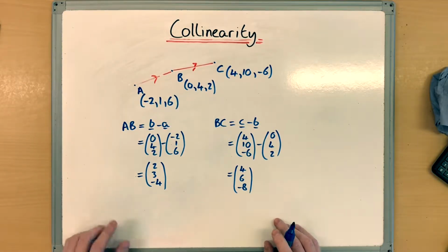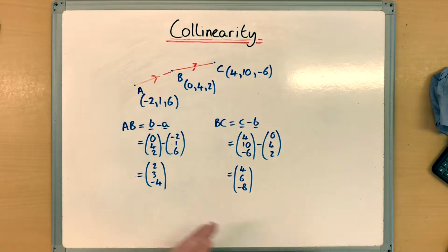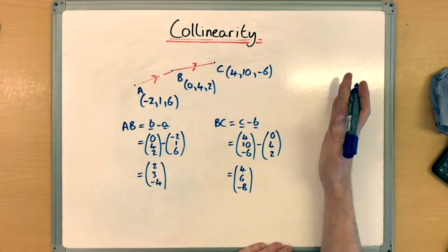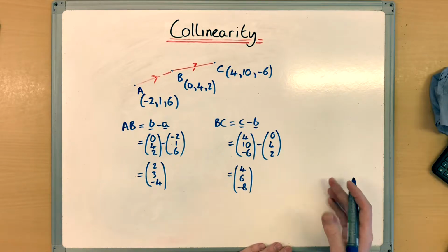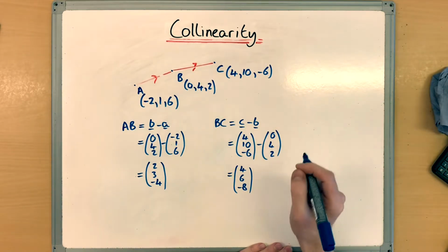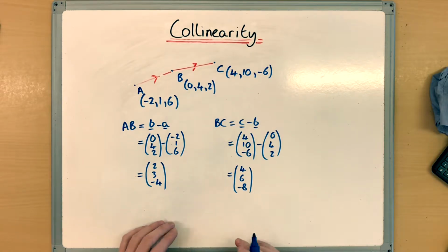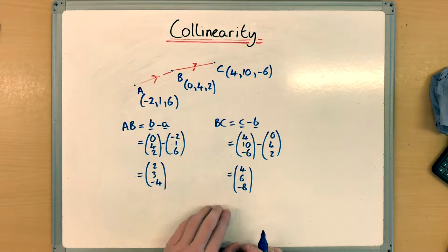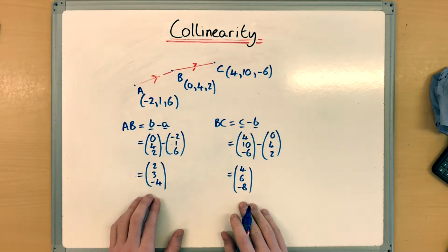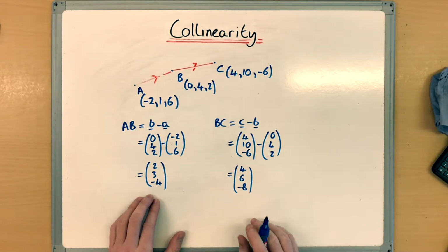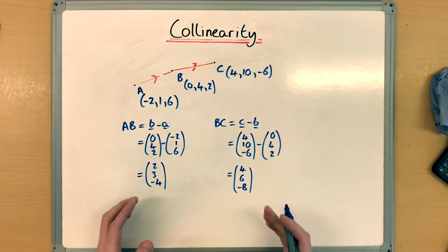Now, if this was a straight line topic, then we're very much thinking, is the gradient equal to the other gradient for them to be parallel? So if it was 3, it would need to be 3 on the other gradient. However, that doesn't quite apply the same way with vectors. These vectors are clearly not equal. It doesn't mean they can't be heading in the same direction. And the way we show that they're heading in the same direction is if one of the vectors is a